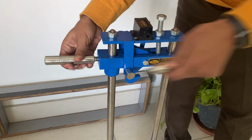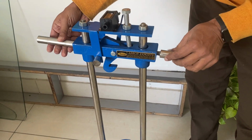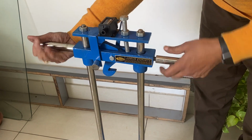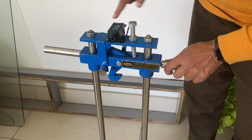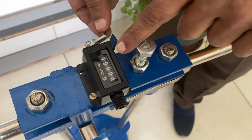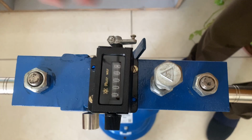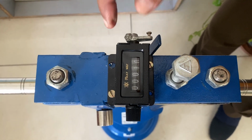There are only two sections. One is this section, another is this. Both these rods are to be attached. The rest is, you can see the counter here, it automatically changes the counting with every count. This will change from 1 to 10,